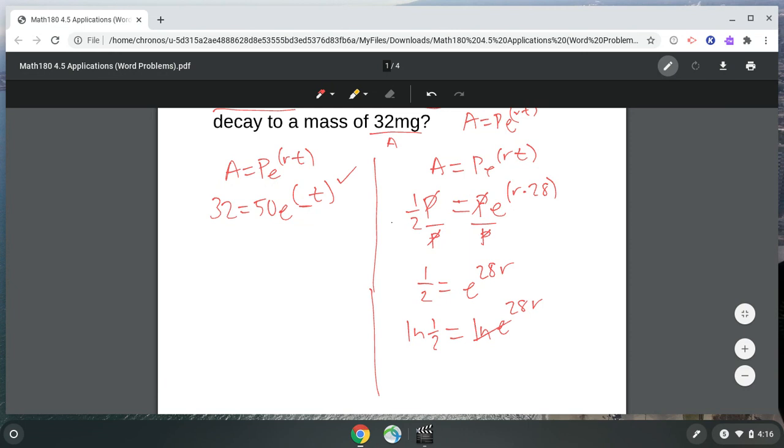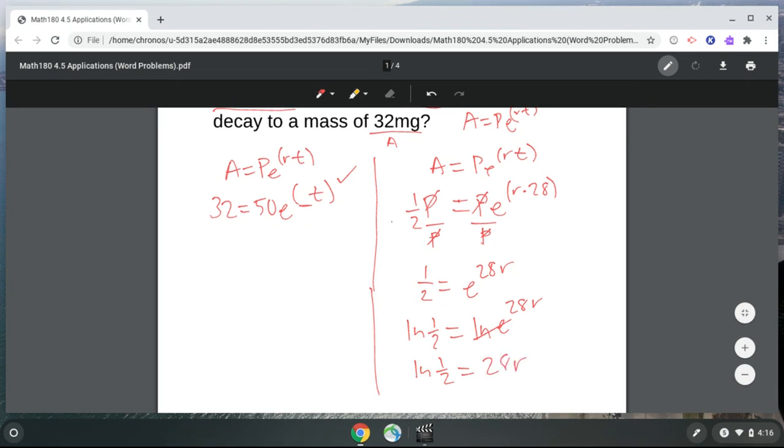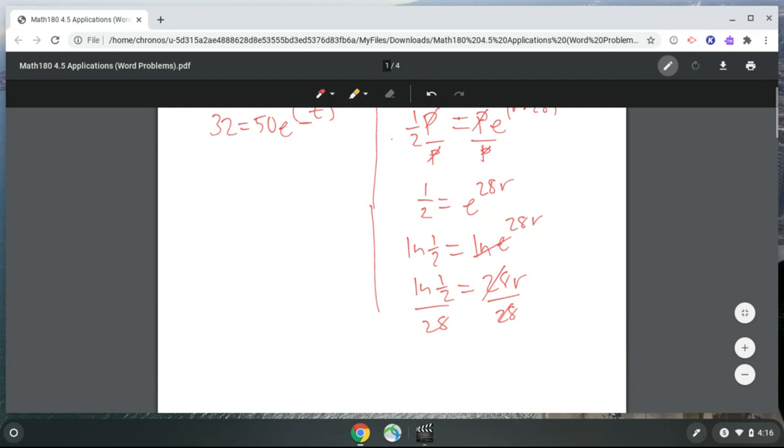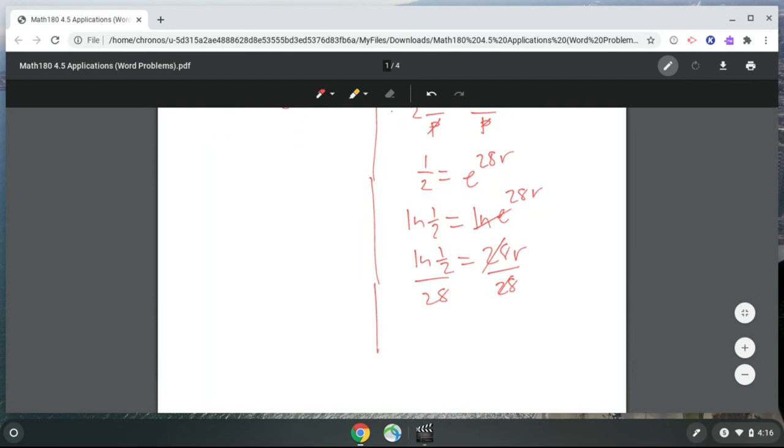Because they cancel out from that one particular property, okay? When the base matches that. Okay, and ln is base e. Okay, so I get ln of 1/2 equals 28r. And then I can solve for r. Divide both sides by 28. Okay, and then now is when you punch it into your calculator. Try not to punch it in early in your work because, again, you don't end up with a more precise answer. Okay, so here it turns out that r is negative